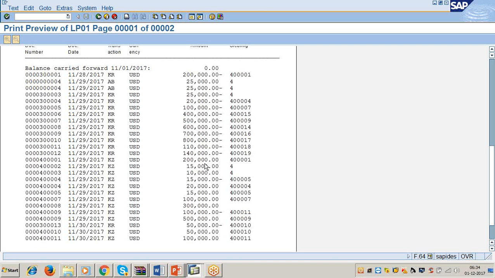Here comes the role of the ABAP consultant. As an FI consultant, you design the format of the account statement as per the accounts department's requirement. That format is given to the ABAP consultant. Then the ABAP consultant will write a program incorporating that format into the system.